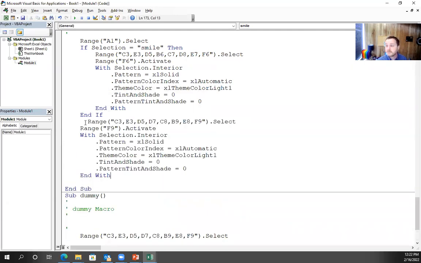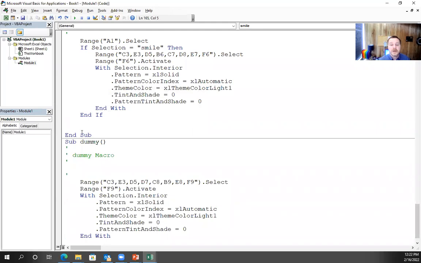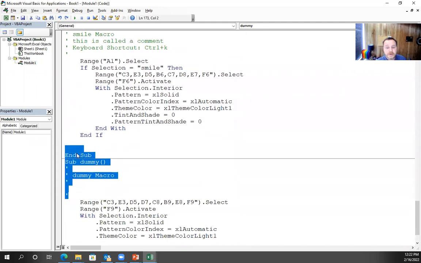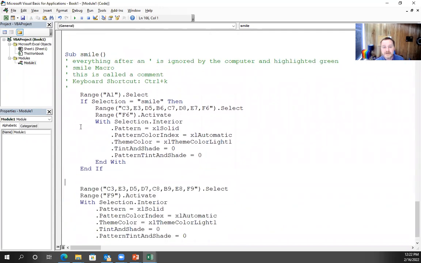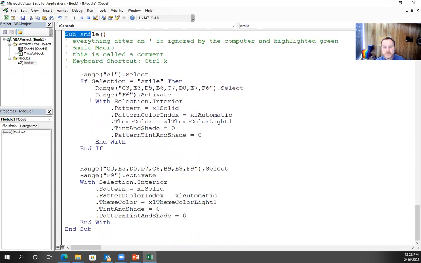That works. There's actually a cool thing I can do in VBA though. It's a little easier than that. I'm going to undo. Control Z undoes. Here's something really neat I can do. I can't do this in all programming languages, but see if I delete the end of the smile macro and the beginning of the dummy and highlight it and hit delete. Now it's all one big macro. This is where the smile starts, and now here's where it ends. It's pretty neat. You don't have to do it that way, but that's the way I chose to do it